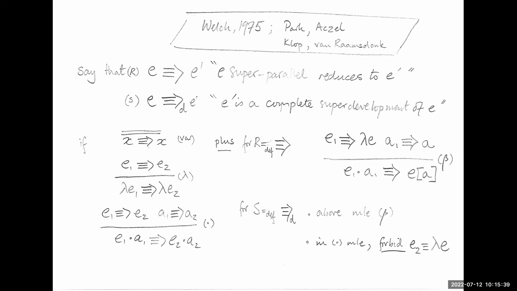Okay, if E1 applied to A1, well, we analyze E1, and if at E2 I get a lambda, then I must apply this rule. Okay, I'm not allowed to give up and just return the application. So I have a side condition that forbids lambdas occurring here. Okay? So I hope it's immediately obvious that S is a subsystem of R. What's surprising is that S is a terminating relation.